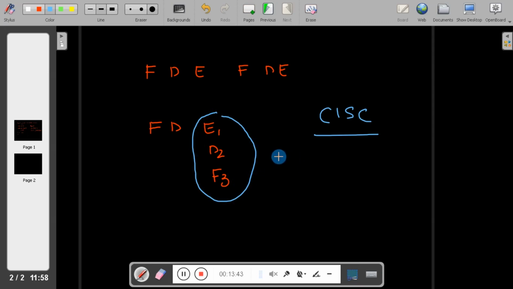For example, if I write an instruction like ADD AX, 2000, this is a memory operation. So when the execution is taking place in the memory, how is it possible to fetch the next instruction? When one instruction is executing in the memory, how is it possible to fetch the next instruction? That is not possible here. That means the whole idea of pipelining is killed here.